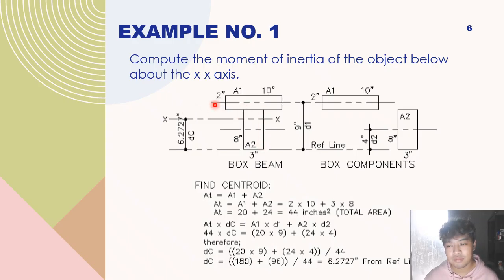So with that, when we compute for the moment of inertia, usually we add if there is an addition. Say for example, we have your first shape, the first rectangle at the top. So you add the second rectangle at the bottom. That means the value of the moment of inertia of the one at the top should be added to the moment of inertia of the one in the bottom to get the total moment of inertia of the whole structure.